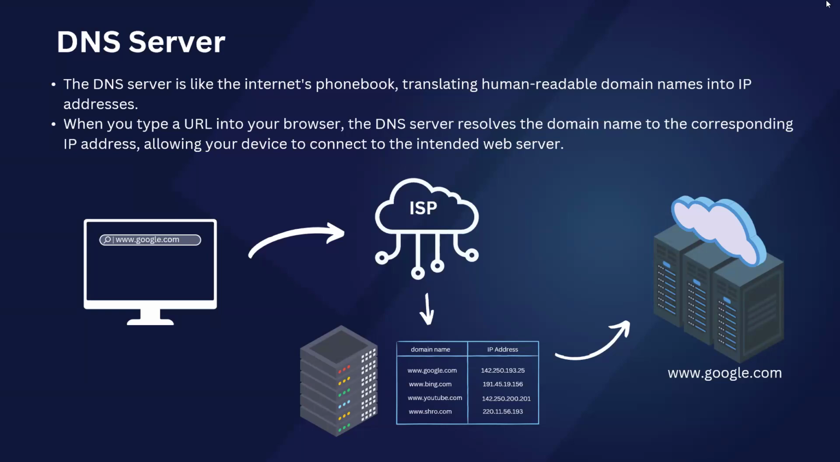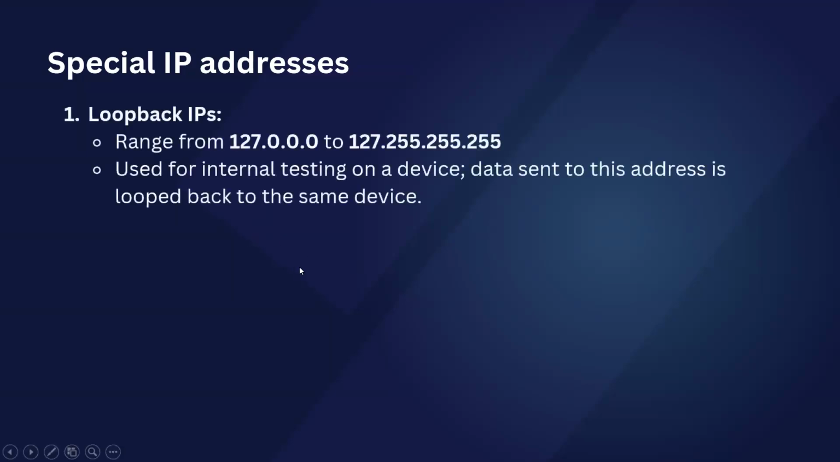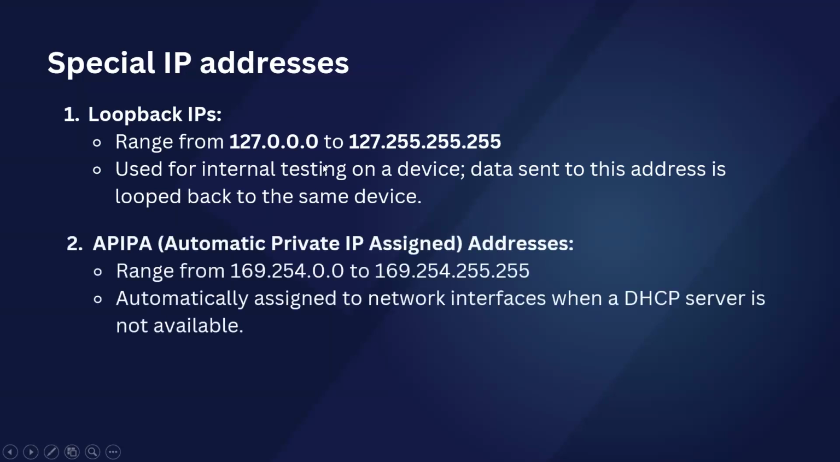Okay. Moving forward to the next topic, we have now special IPs. In your entire range of IPs from 0.0.0.0 to 255.255.255.255, there are 2 special IPs. Now these IPs are neither private IPs nor public IPs. They are not used for connections. They're only used for troubleshooting. So the first special IP you have is loopback IPs, and they range from 127.0.0.0 to